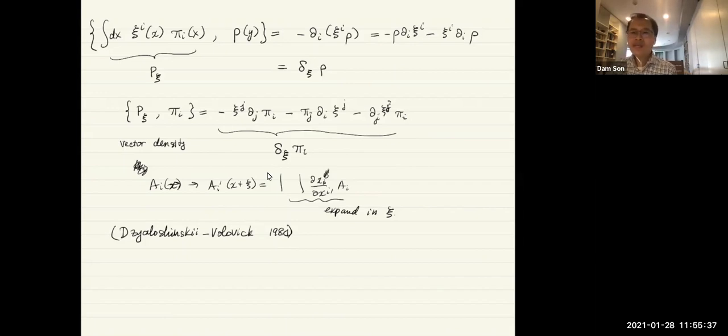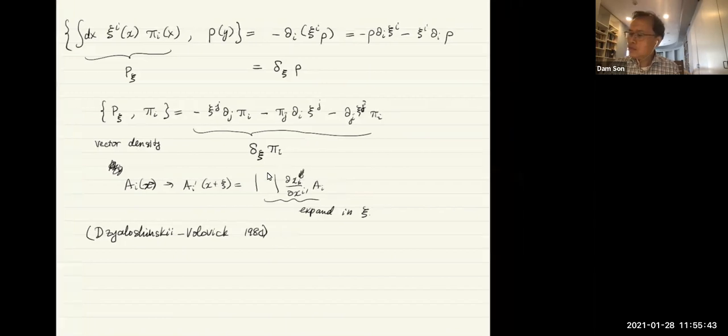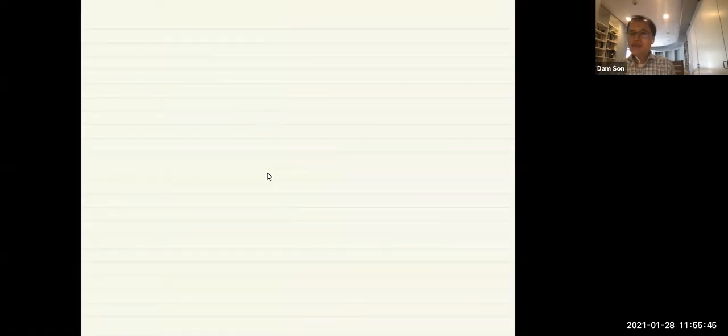Any questions so far? Okay, so let me give you one example where this interpretation of the Poisson algebra can be useful in practical calculation. So let's consider